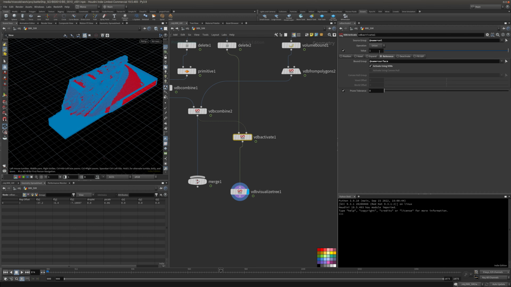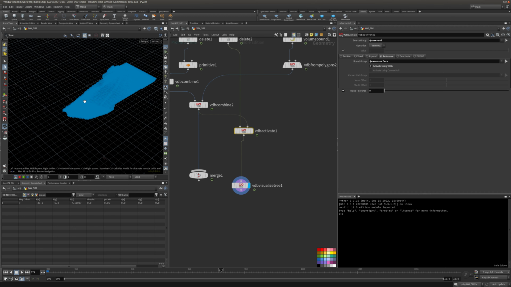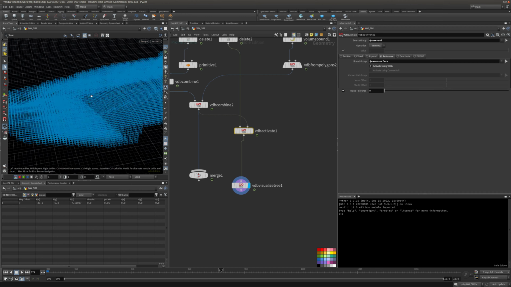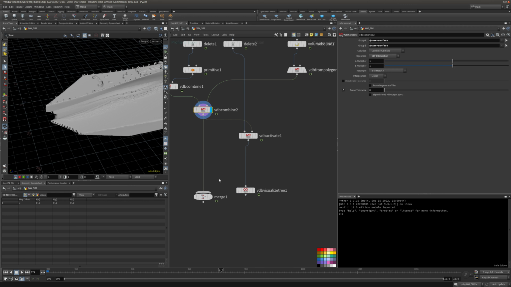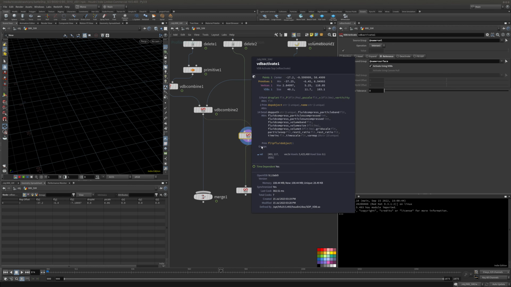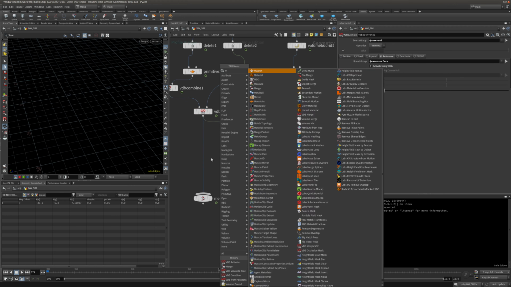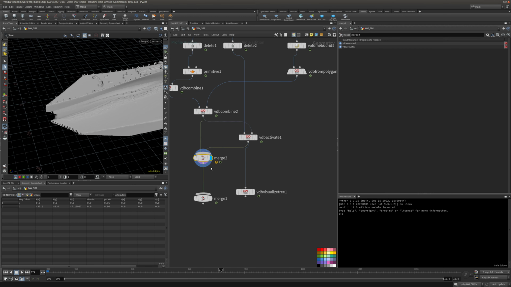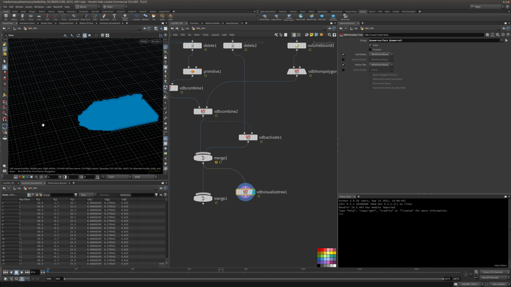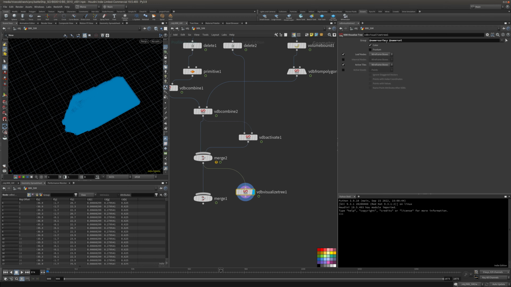I think now I want to use intersect. Okay, and now this is my velocity field. That is a good match to my surface. And now it is just the velocity field here. So I can merge this back to here. And now I have a very optimized collision field. This is both surface